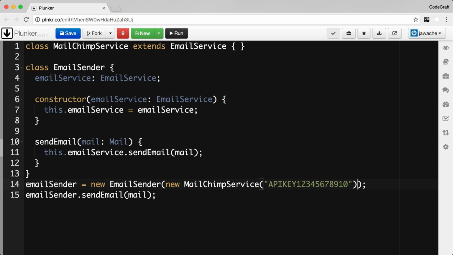So the only change that we've made really is that now we're passing in the email service to the constructor for our email sender. And then when we construct our email sender, we're just creating a new instance of MailChimp service and just passing it in. So previously, the email sender was responsible for creating an instance of its dependency, the MailChimp service. Now something else is responsible for creating the instance of MailChimp service and then passing it into the email sender